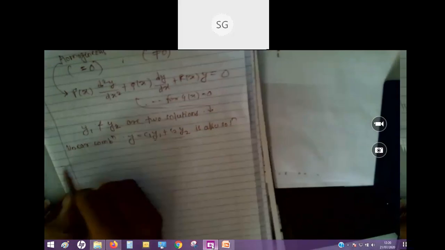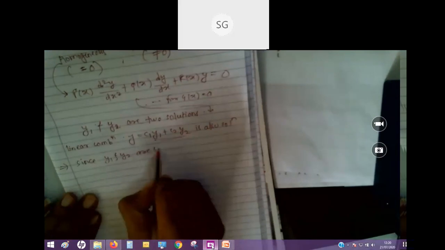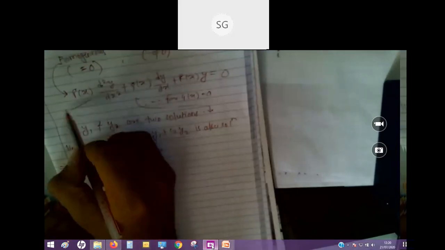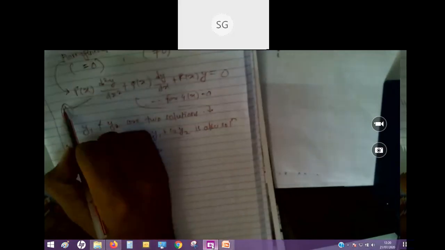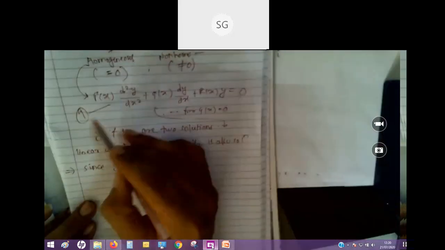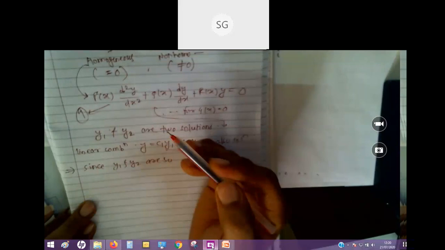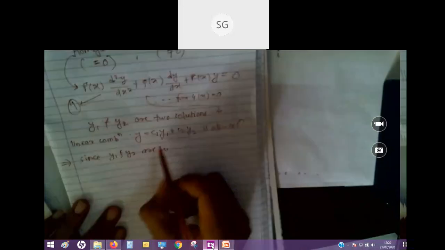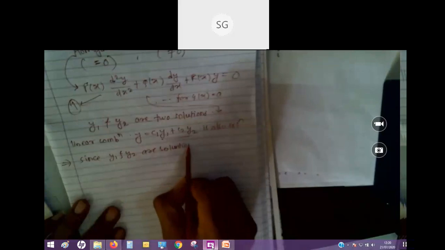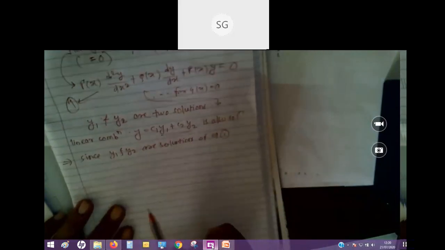Okay, we can say since y1 and y2 are solutions, and I am calling this equation 1. Every time I will not call this homogeneous second order linear differential equation, I'll just call this, for now, equation 1. Now since y1 and y2 are solutions of equation 1,